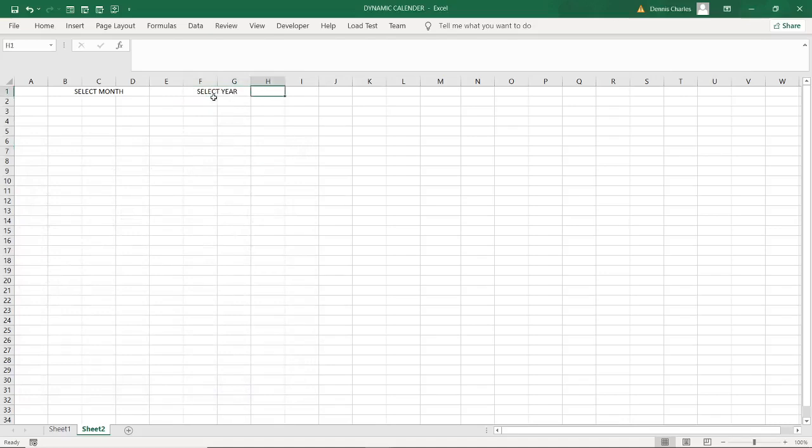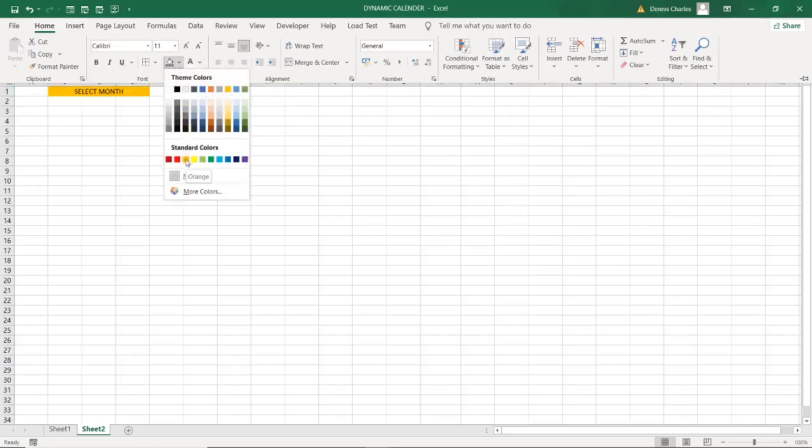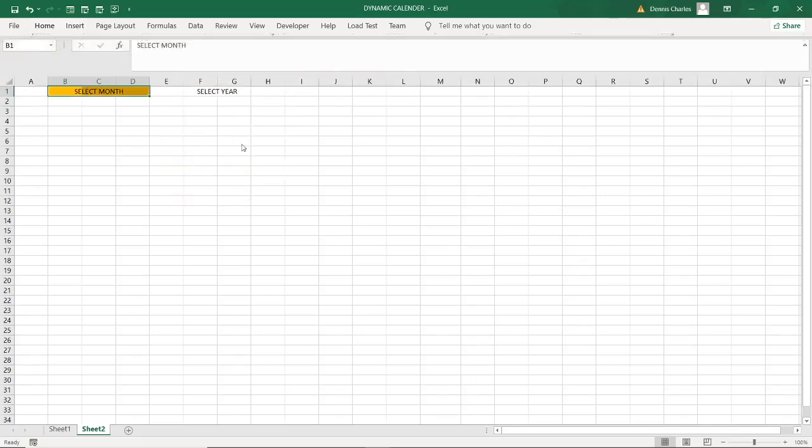Now I can do some more formatting, like if you want to change the color of this, if you go to home, this is the font color. If you have it that way, it's okay. You can select this one and change the color.